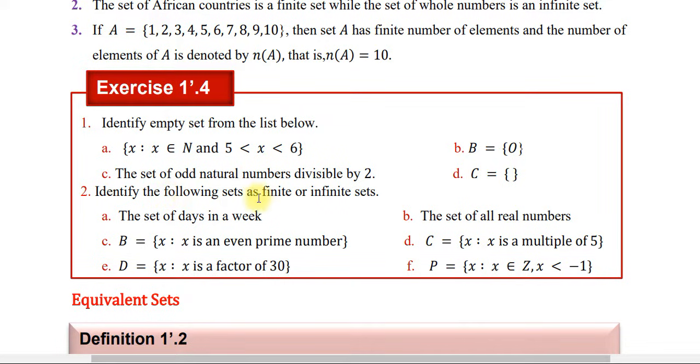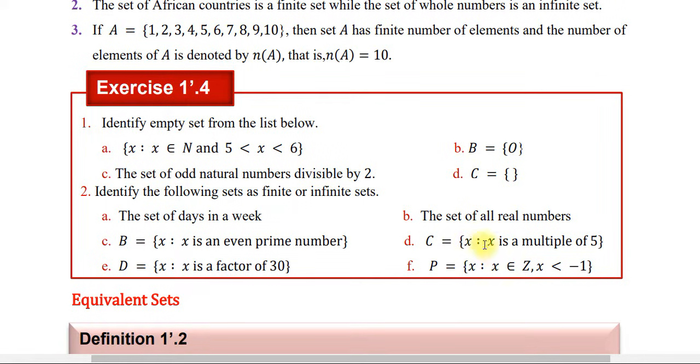ሁለተኛ identify the following sets as finite and infinite ብለን አይደንቲፋይ አድርጉ ይላል ደግሞ እዚህ ጋር። ኦኬ A: the set of days in a week. 7 ዴዮች አሉን ፋናይት ነው። B: x is that x is an element of even prime number. even ሆኖ ፕራይም ነምበር ማን ነው? even እንግዲህ ተጋማሽ ነው ግን ብቸኛ ቁጥር ሁለት ቁጥር ብቻ ነች። even ሆኖ ፕራይም ሌላ የለም። ስለዚህ ፋናይት ነው። ሌላኛው the set of all real numbers infinite ነው።